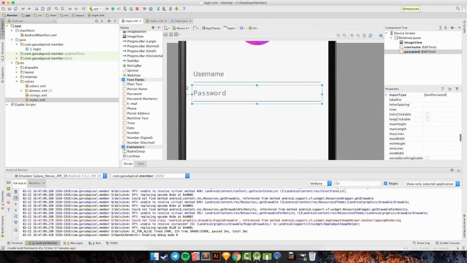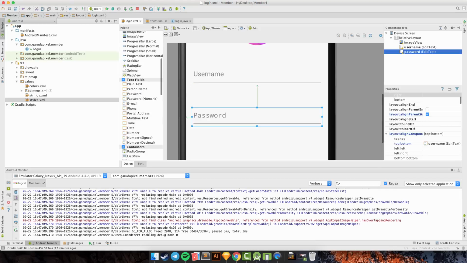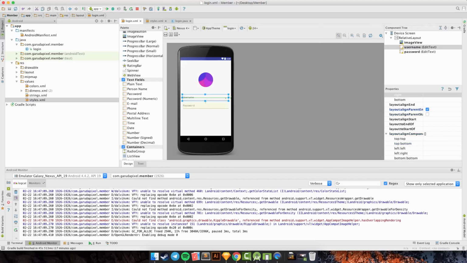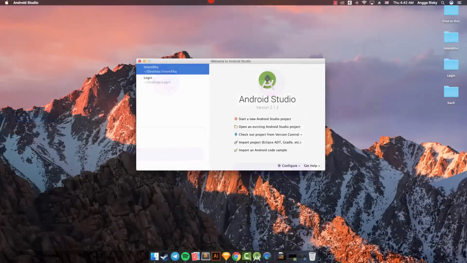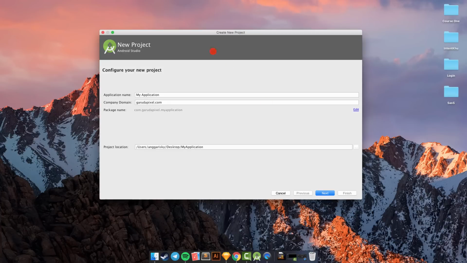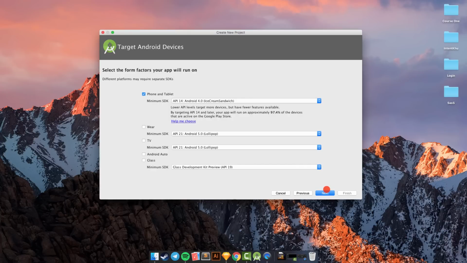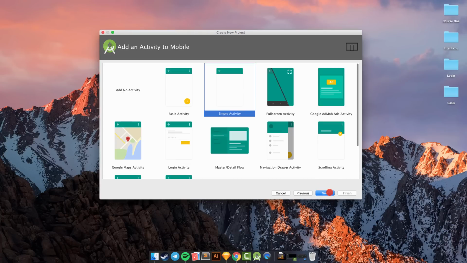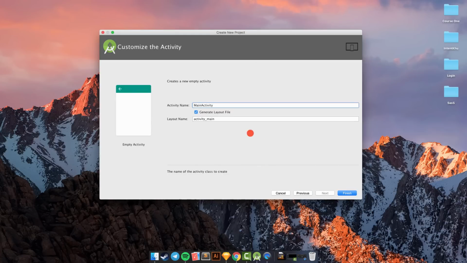So today I'm going to show you how to design the login and register page for Android. We're going to create a new document first, start a new Android Studio project, and I will give the name to a member because it's a page for register and login. And next, we're going to use the empty activity, and next,